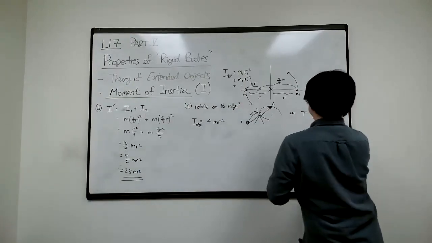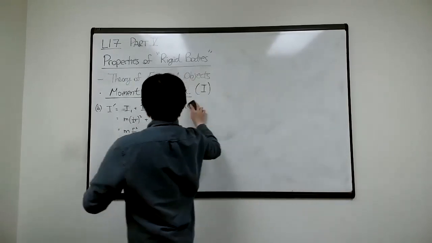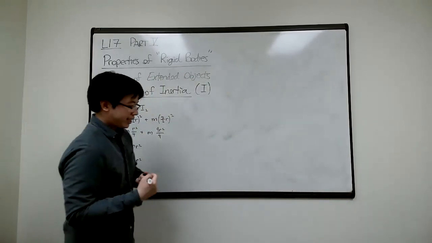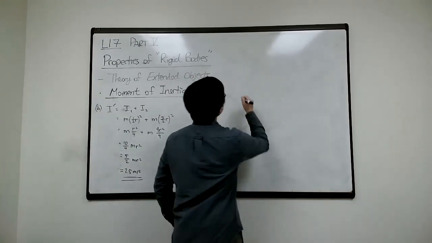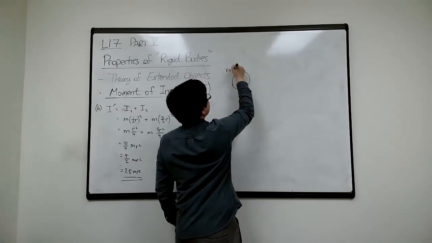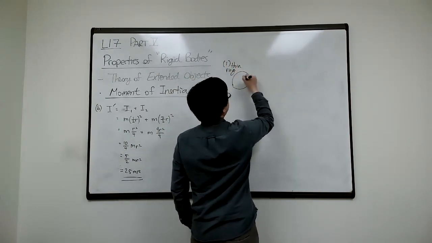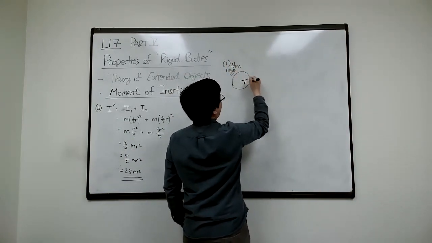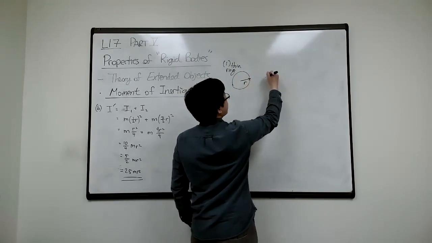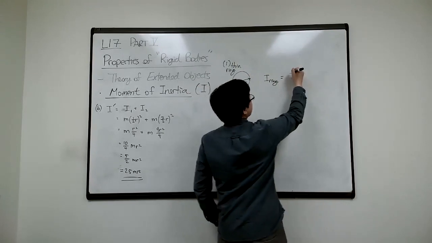For other objects, other shapes, there are some common shapes. I'll give you the formula first, and I'll try to justify one or two of them. Okay, so if you have a ring like this, the first one, a thin ring, and the radius is r, the moment of inertia of a ring is